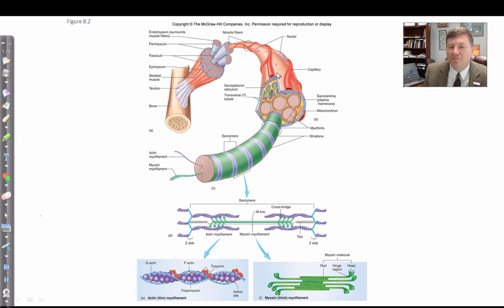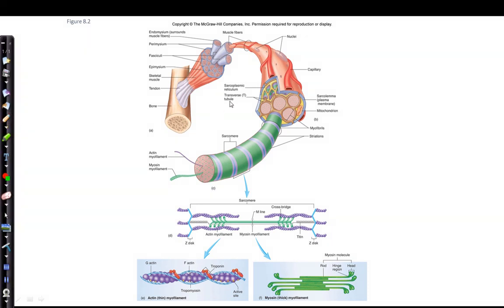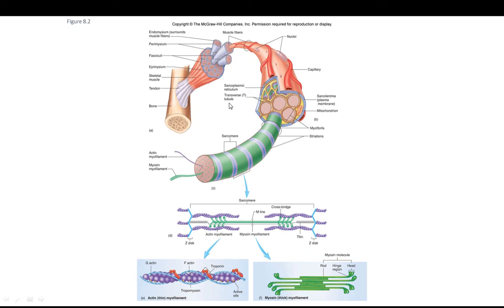You see the other components of the cell. And there's some things that are mentioned here that we didn't get into. We will in class. You see, for example, and I lost my marker again, we see the transverse tubules, and we see sarcoplasmic reticulum. We'll talk about those in class. But kind of the final questions to absorb here